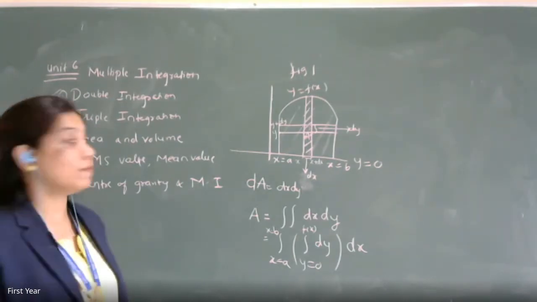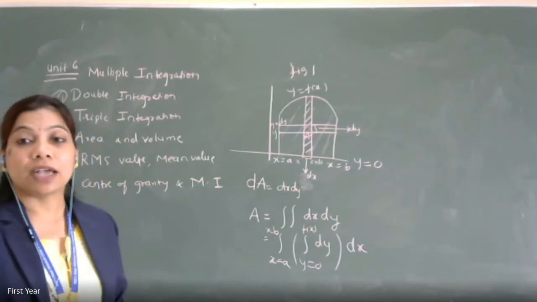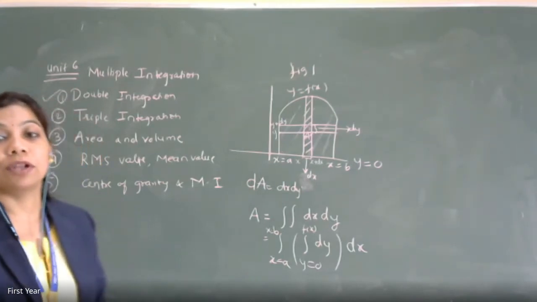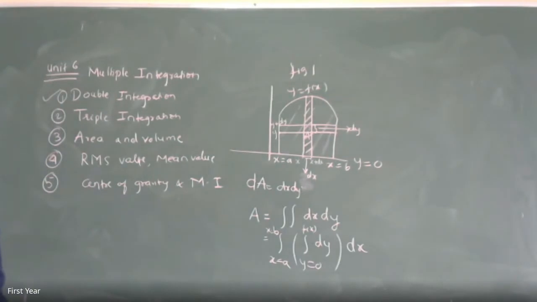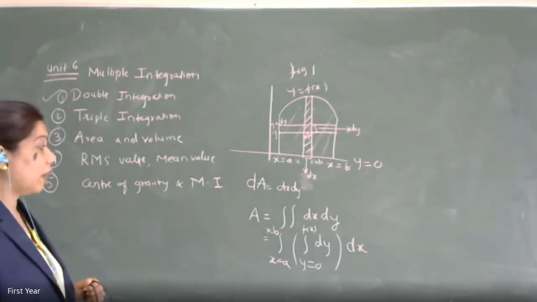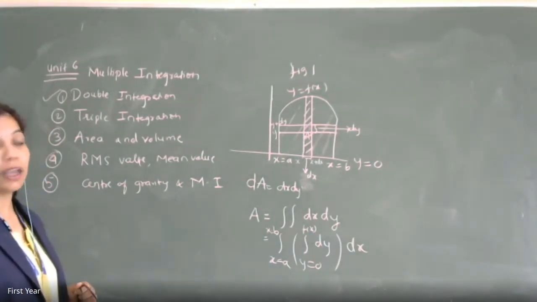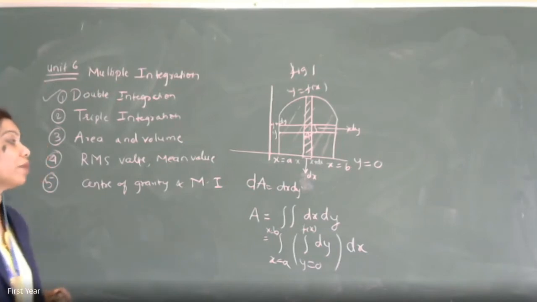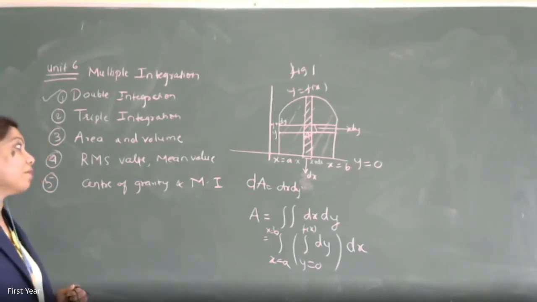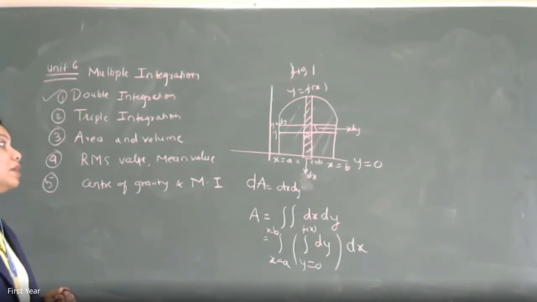Therefore, limits of x are a to b. Hence, area under the curve y is equal to f of x, bounded by the lines x is equal to a and x is equal to b,